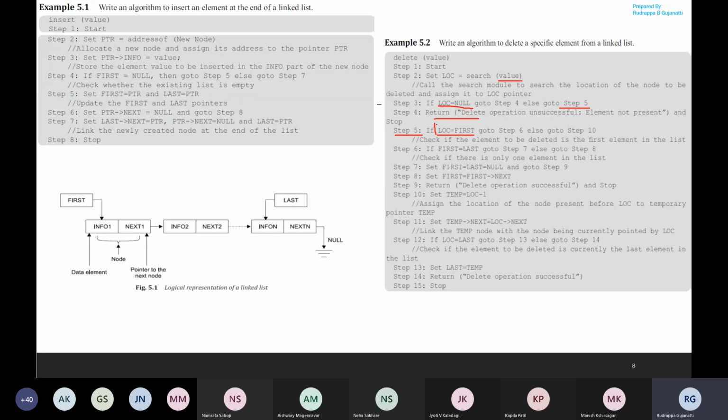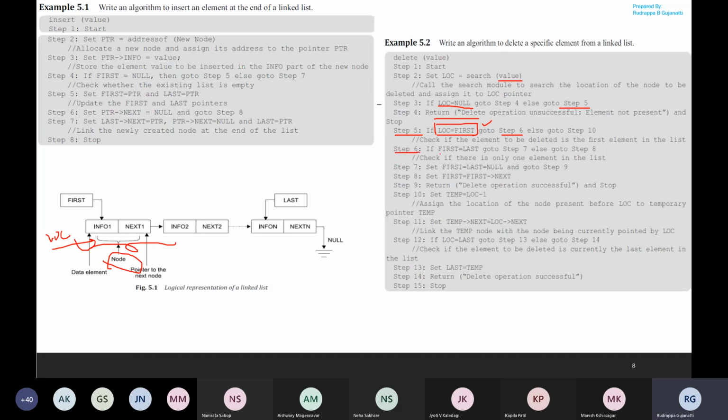What this is telling us is that if the condition is true, then it indicates that the element which you want to delete is the first element. So here that is node 1. If we search and get to know that it is node 1, that is the first element present in the entire linked list, then what is the step we need to check? If this is true, we have to go to step 6. So let us look at what is present in step 6.